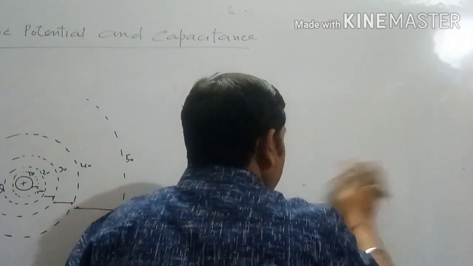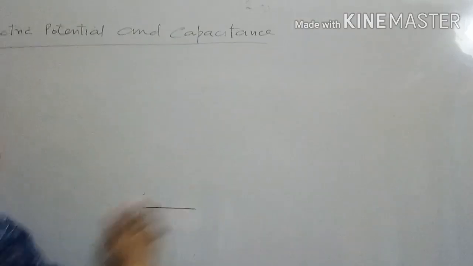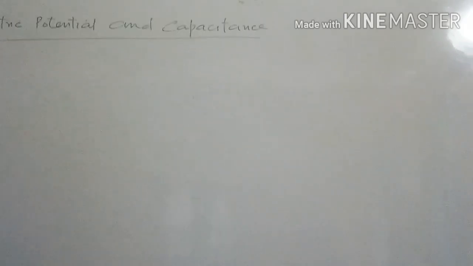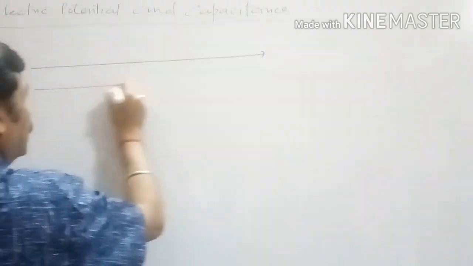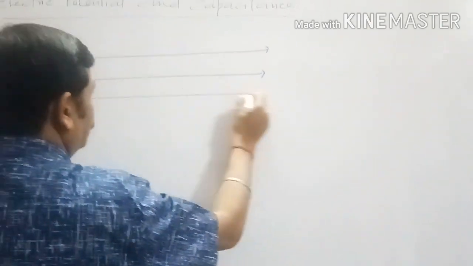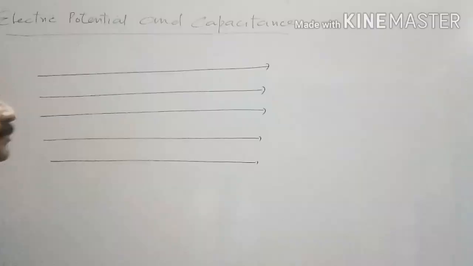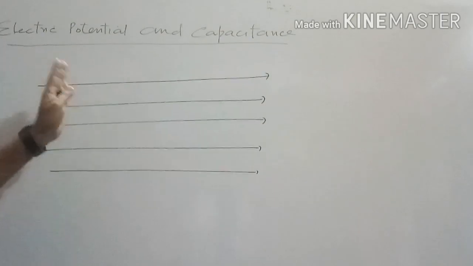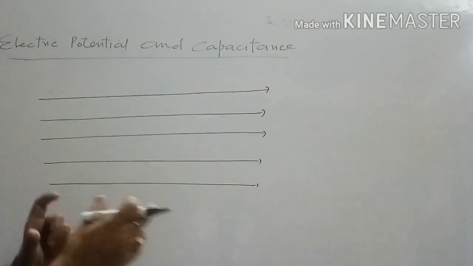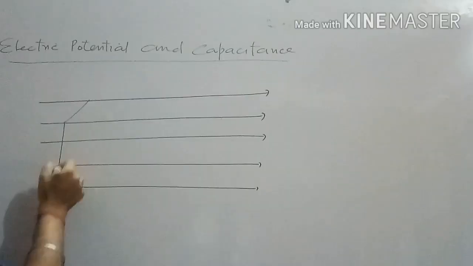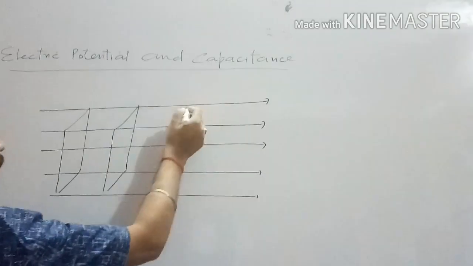Number 2, for a uniform electric field region. We know that a uniform electric field region is represented by drawing parallel equidistant lines. Now since at every point intensity is the same, if we take potentials of equal separation, then the distance will also be equal. It means all the equipotential surfaces will be of equal separation.